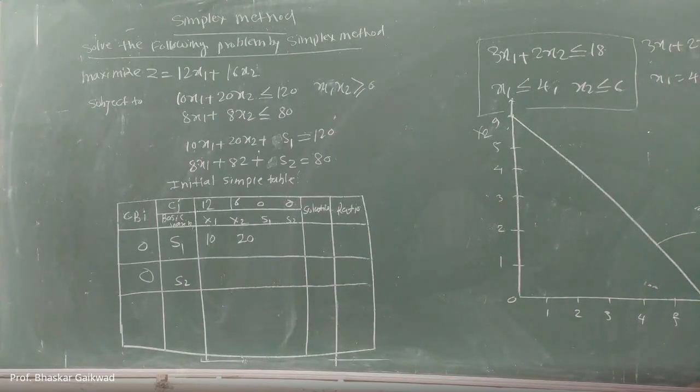So this is your x1 and x2 line. X-axis x1 and y-axis x2. By putting x2 as 0 you will get x1 as 6. By putting 0 in place of x1, x2 will be 9. Draw this line on graph paper. Okay. After that, x1 is 4, so you can draw the line x1 equals 4. So this is the line.